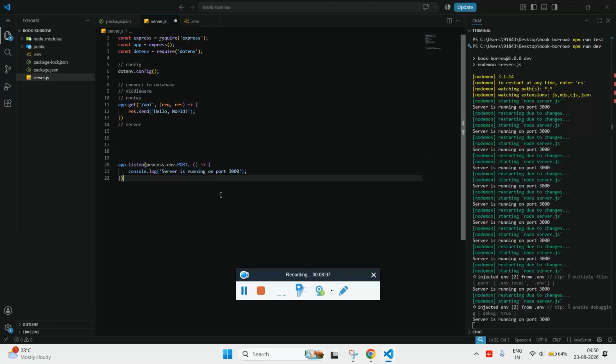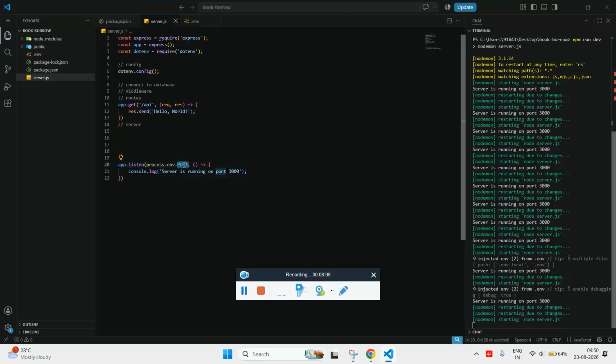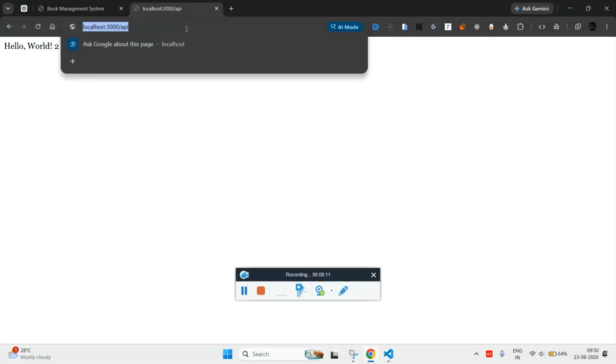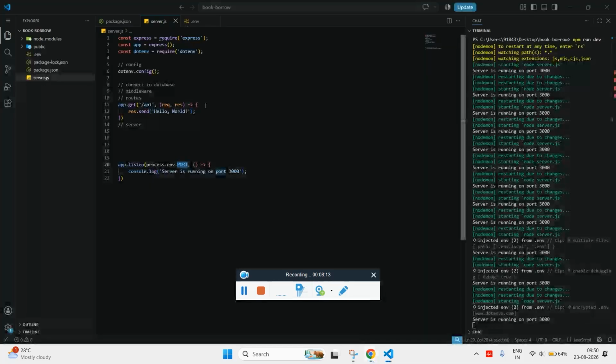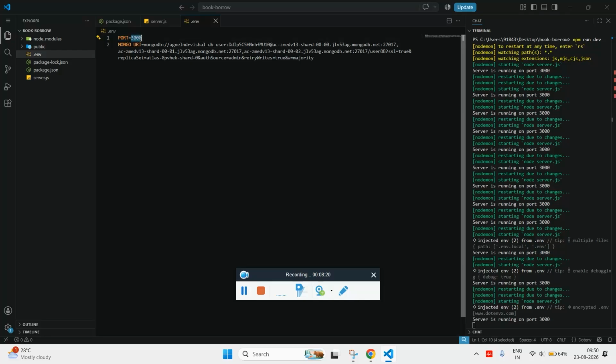Now you will not see any changes because everything is set. Now if you hit the endpoint, you will see no changes. So that means your .env is working. Your environment variable is set properly to 3000, and in case you want to make this 6000,